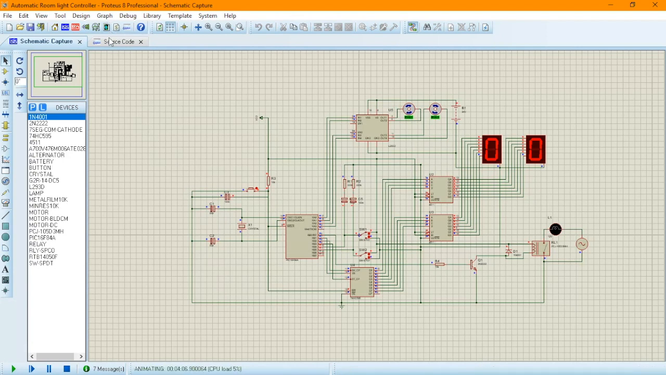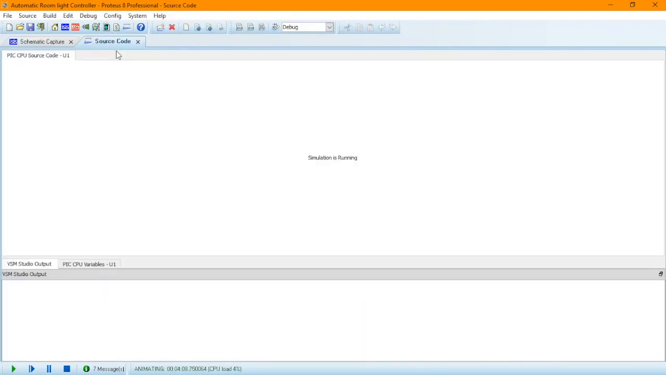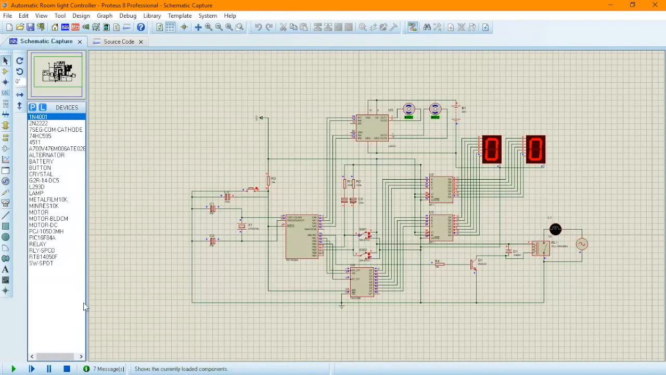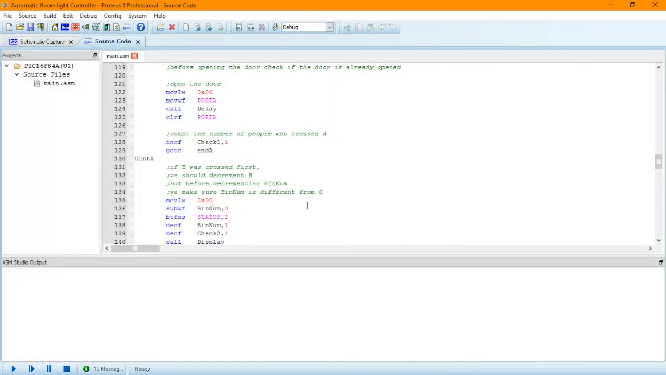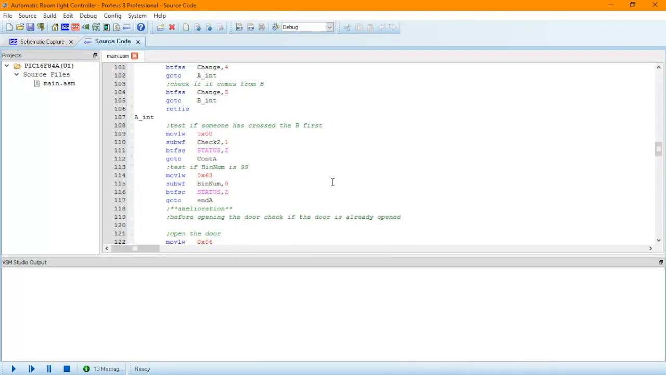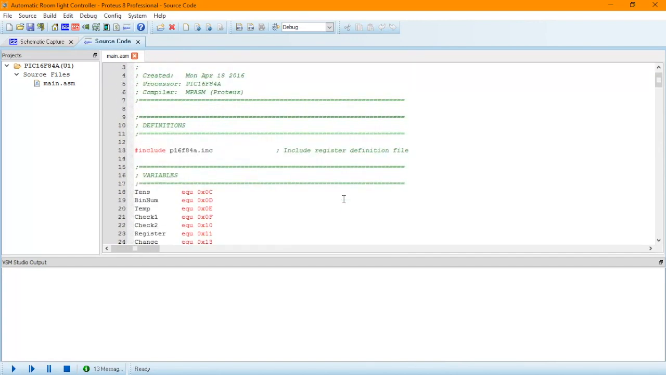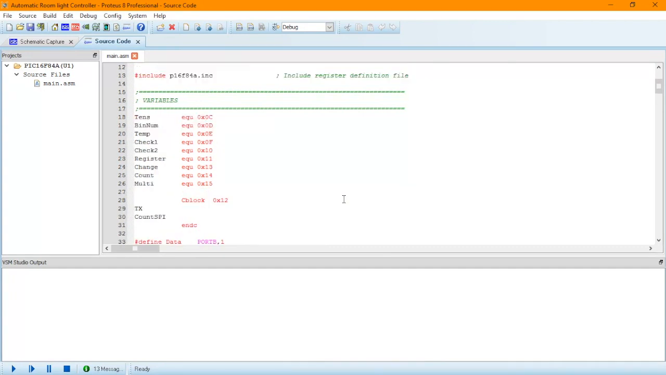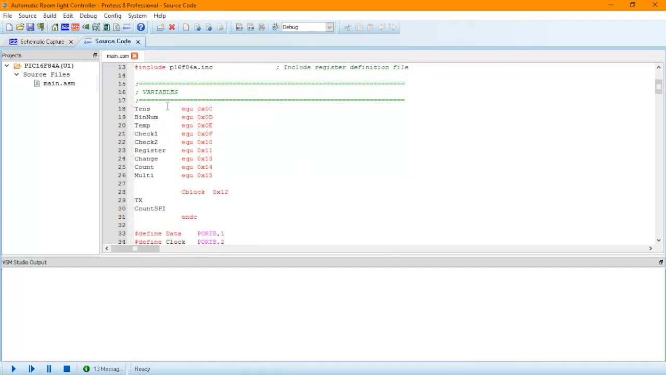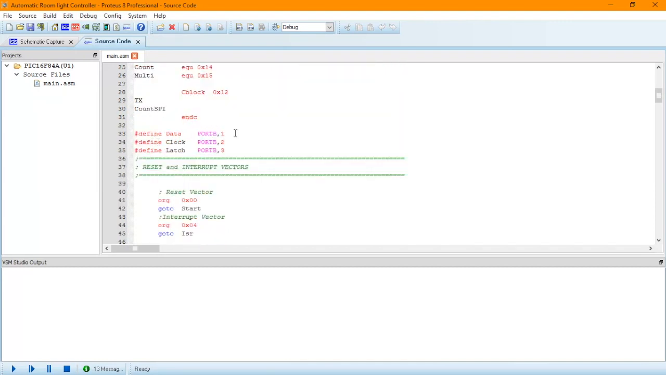Now, this is the code running in the background of the project. At the beginning, we're instantiating the different variables that we're going to use throughout our system, giving them locations in our memory, and then defining the ports and how we want to use them,